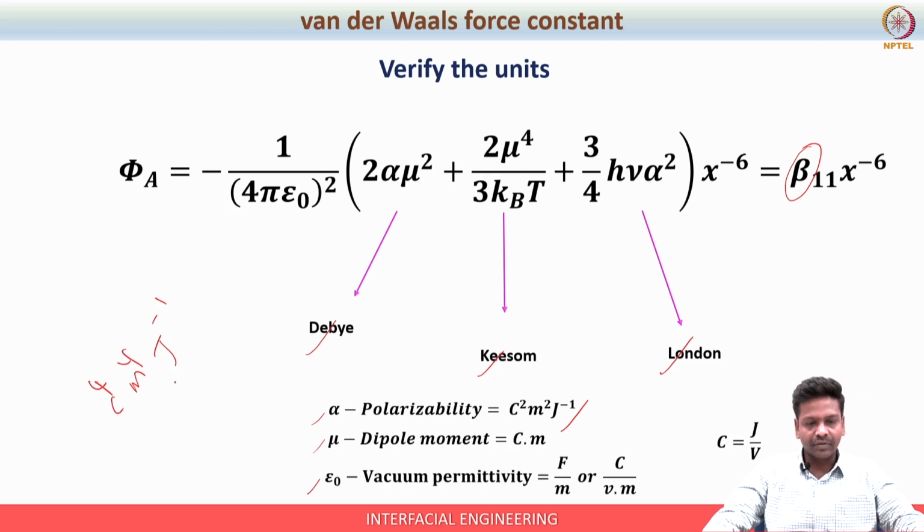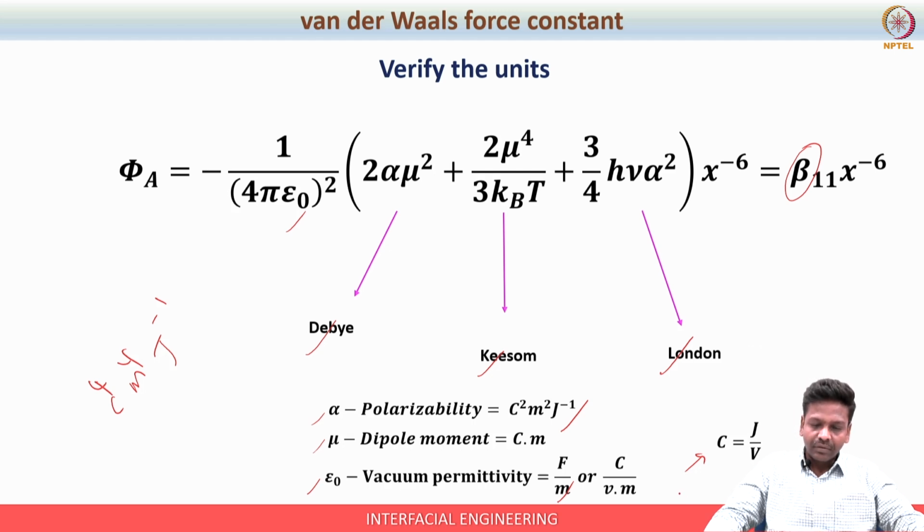So this will be your unit. Remember you have one in the denominator as well, which is the vacuum permittivity. Vacuum permittivity is usually defined in Farad per meter, F per m, as given here. So it is also nothing but Coulomb per volt. F is also nothing but Coulomb per volt. Now you can also notice that Coulomb is defined as joule per unit volt.